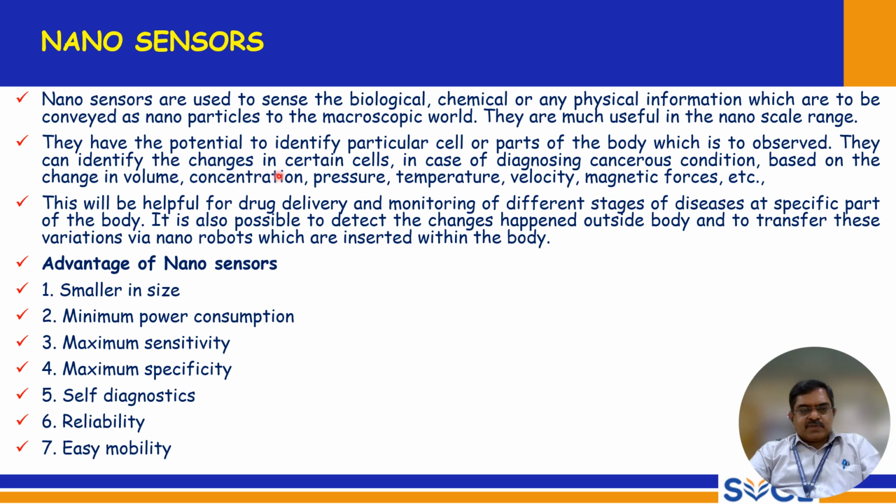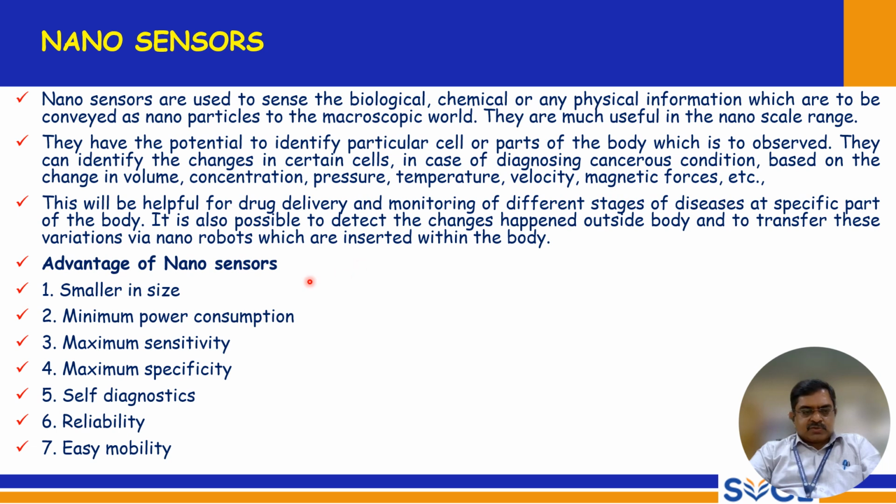They can identify the changes in certain cells in case of diagnosing cancerous conditions, based on the change in volume, concentration, pressure, temperature, velocity, magnetic forces, etc. This will be helpful for drug delivery and monitoring of different stages of diseases at a specific part of the body. It is also possible to detect the changes that happen outside the body and to transfer these variations via nanorobots which are